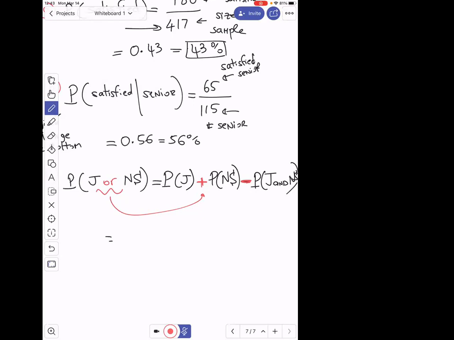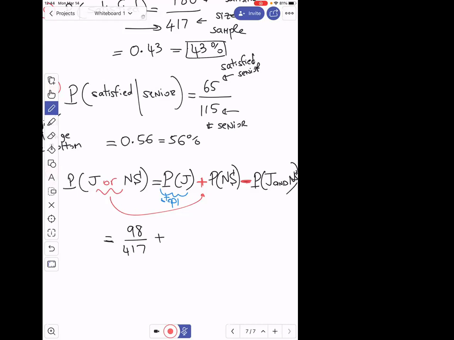All right, so first we need to find the probability of a junior. This is step one, junior. Well, the probability that a student is a junior. Again, it's count how many junior students. As you can see in the table, the total number of junior students is 98. So it's 98 over our usual denominator, which is the size of the sample, which is 417 students,